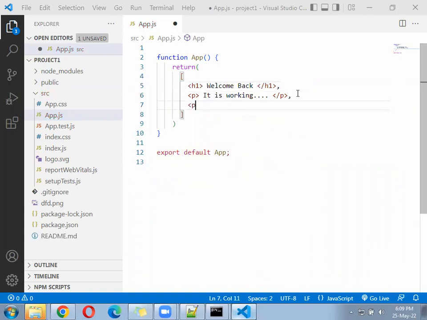Here, this is the third p tag. After the last element, no need to apply any comma. It will work easily.